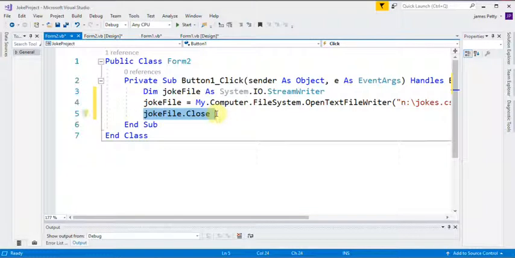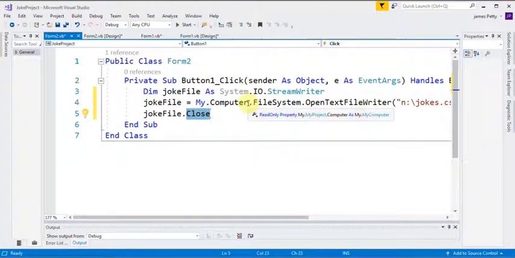It will work if you leave that off, but if you leave that off, you'll only ever be able to write to it the once, and the text file writer, this StreamWriter business, will keep your connection permanently open to that file, so nobody else will be able to edit it or read it. And if you press the button twice to try and write to it more than once with more jokes, it will error. So it's very important that you put that close down, otherwise it will go badly wrong.